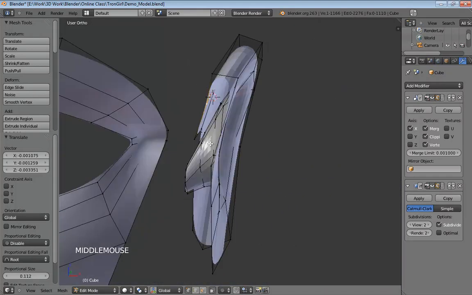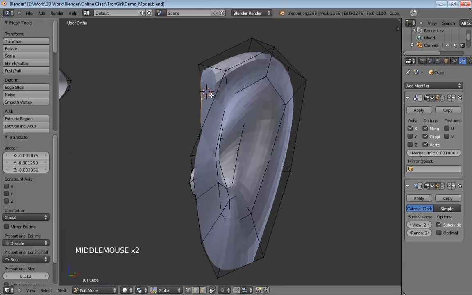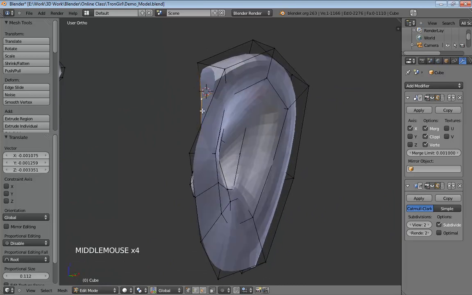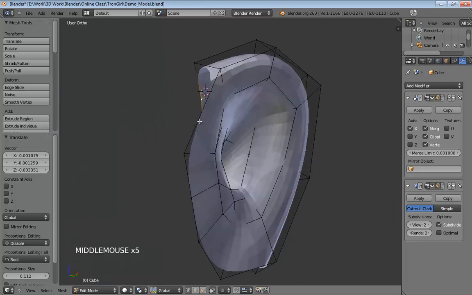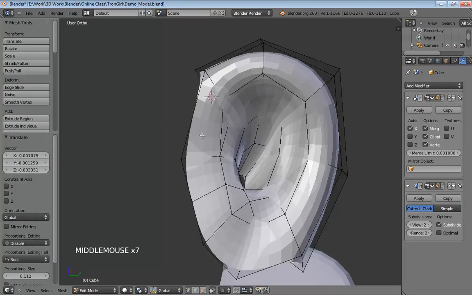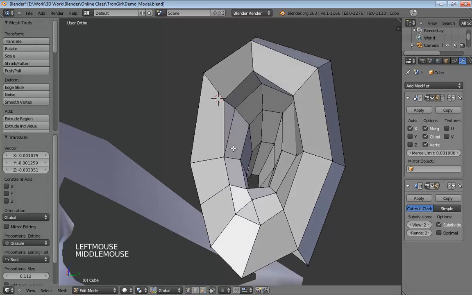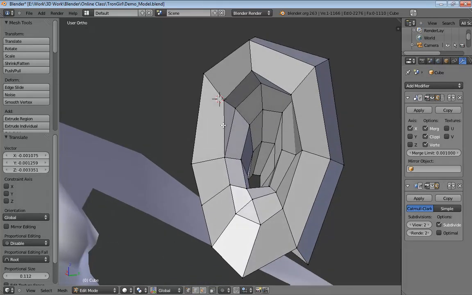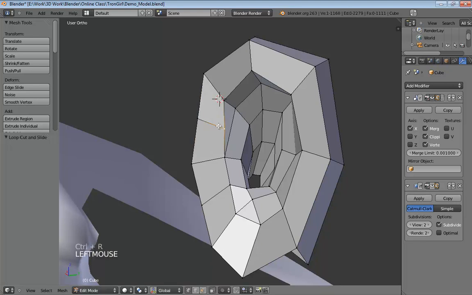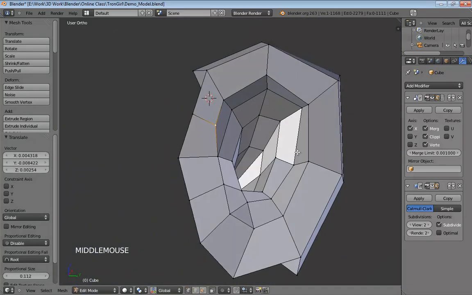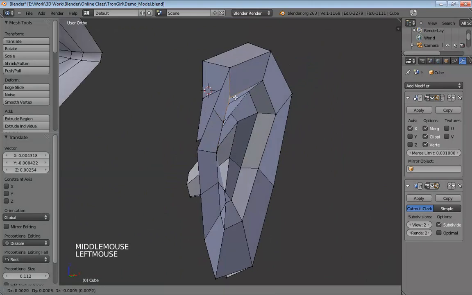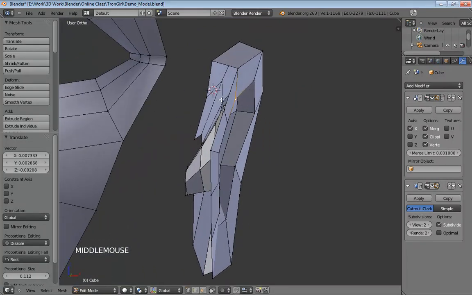Now, let's see. At this point, we need to start worrying about how we're going to blend this into the side of the head. And it just seems to me like we could maybe use one more edge right here in this area. Now, Blender's not really going to like that because we have this triangle. Which, I mean, it would quad that. It would no longer be a triangle at that point. You can use that to your advantage, I suppose. We could do this, and then, that's totally valid. There's nothing wrong with that at all. So we'll just do that. And then